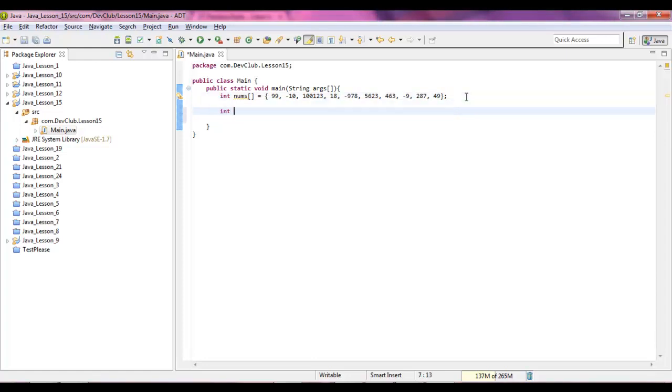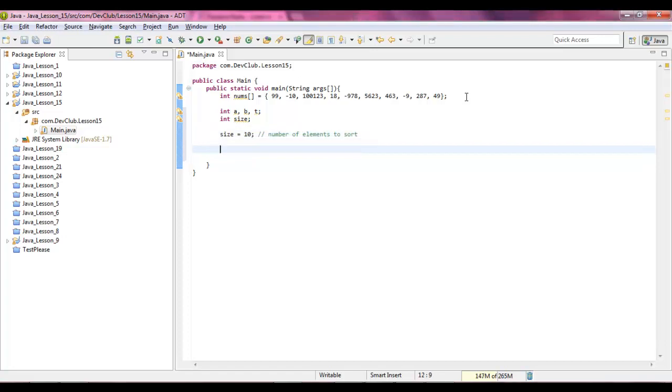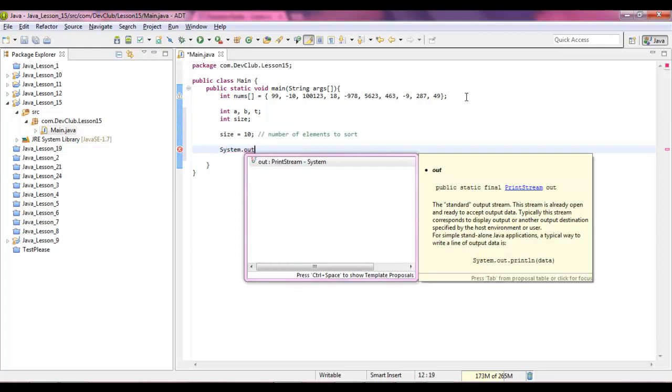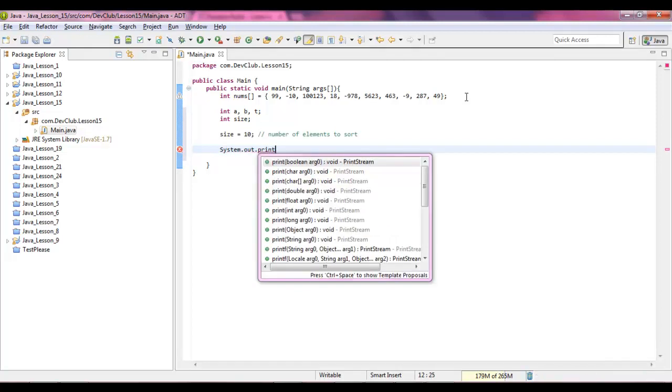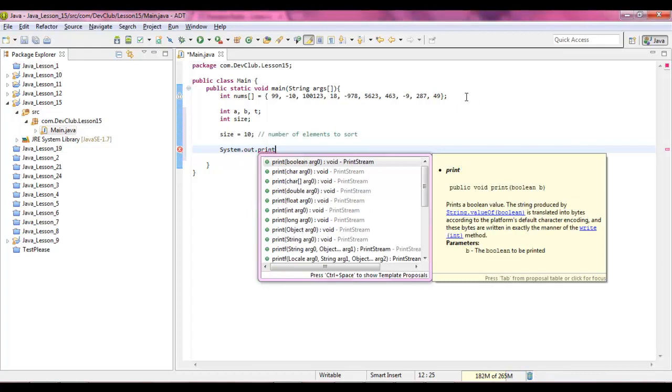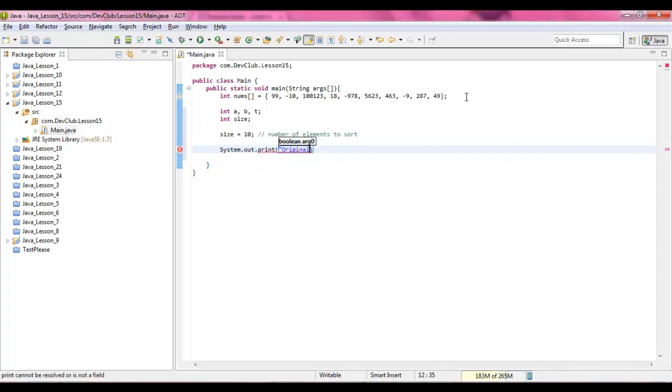Now we're going to declare ourselves some ints of A, B, and T, and an int with the name of size. We're going to initialize size to be 10. Let you know that little tidbit. Now we're going to show our original array. How are we going to do that? System.out.println, print original array is